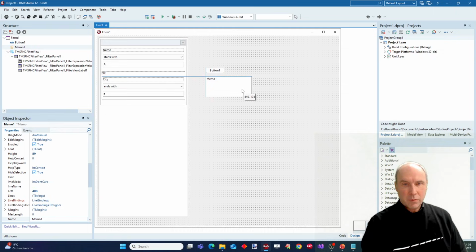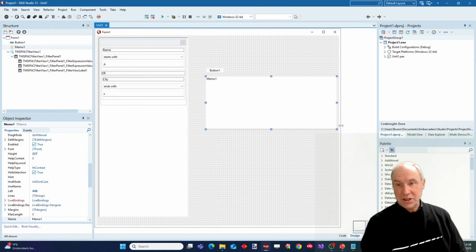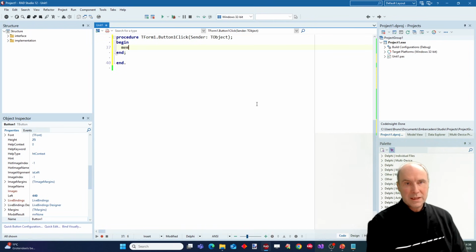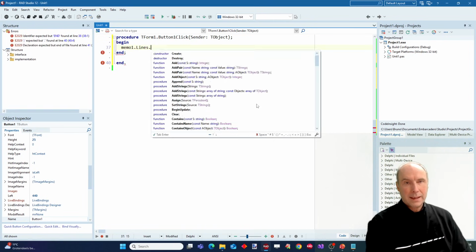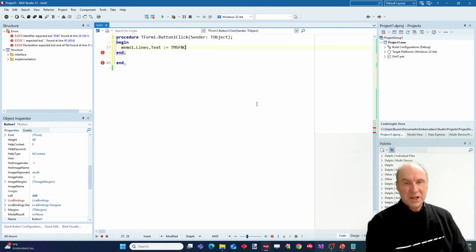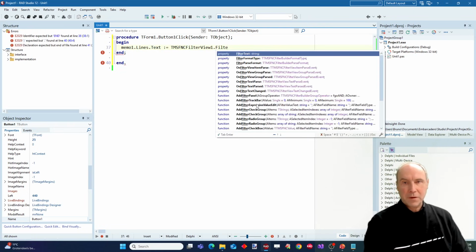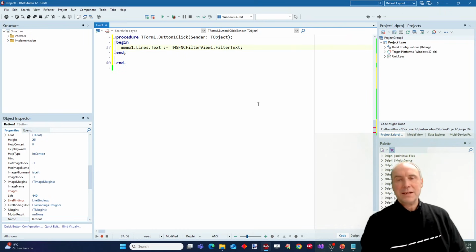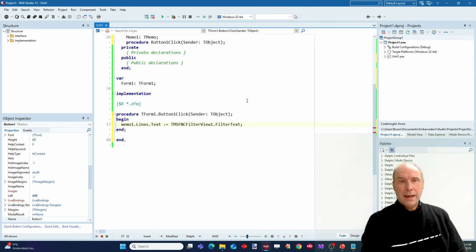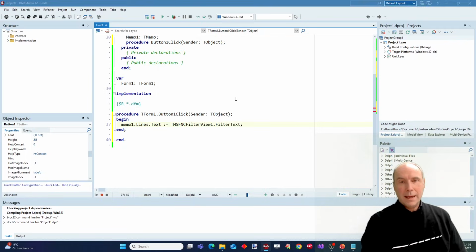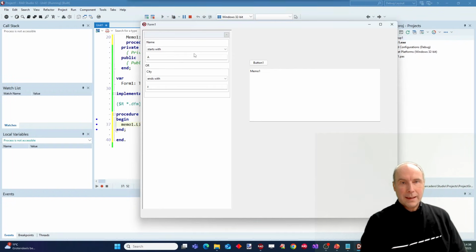To do that, we are going to visualize the generated filter text in our memo control. So we do this by updating the text with the generated filter text from the filter view. This property, filter text, returns at all times the generated filter text based on the values filled into the filter view. We're going to see that here when I run this, so we have a filter on the field name,